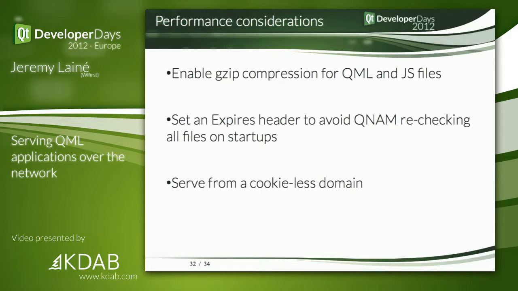So basically, if you fire up your application, you've got your persistent disk cache, which is set up, but if no expires header has been given when the QML documents were initially served, QNetwork Access Manager has no way to know that these files are still valid, so it's going to ask the server, hey, give me this file if it's been modified since this date. So the server is only going to come back with a short reply saying, hey, it hasn't changed, but still it's going to cost you a round trip for every single